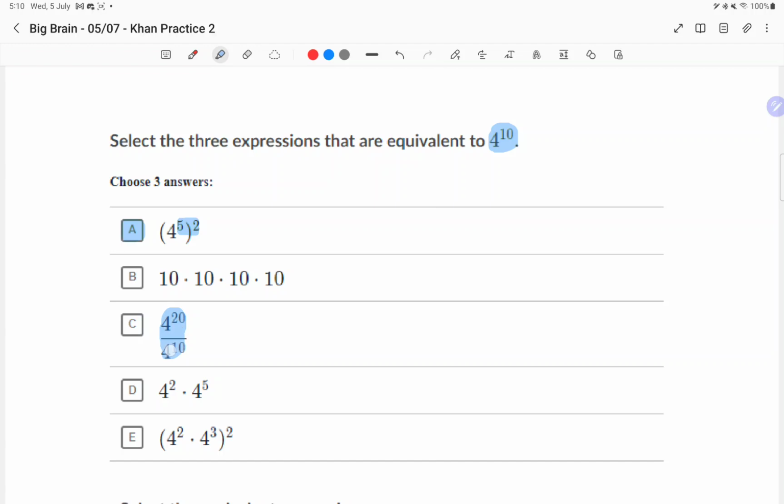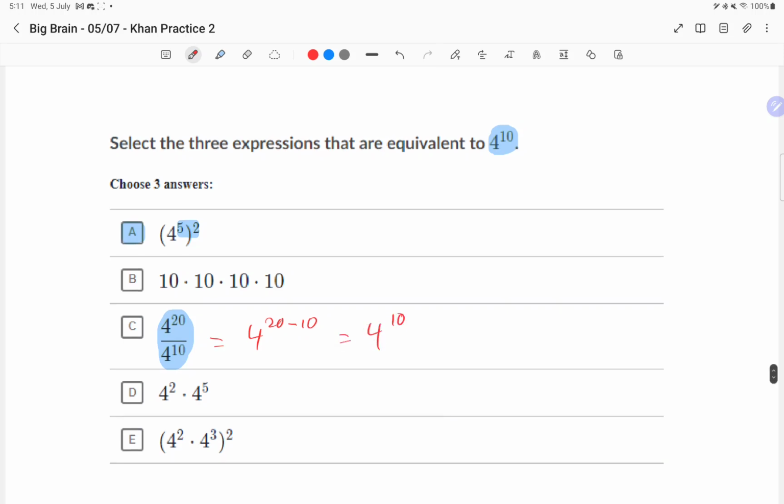When you do division of powers, what do you do with the indices? When you divide them, this will be equal to what? 4 power 20 minus 10. Okay, when you divide powers, you take the top index and subtract the bottom one. So this one is also 4 power 10. So C is also the correct answer. Okay, and then this one here, 4 power 2 times 4 power 5 is equal to 4 power